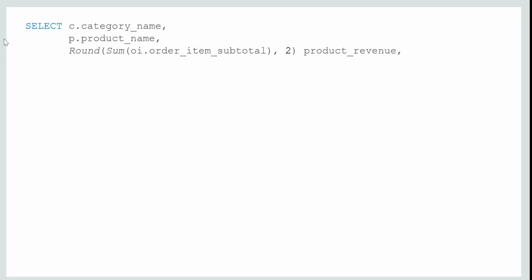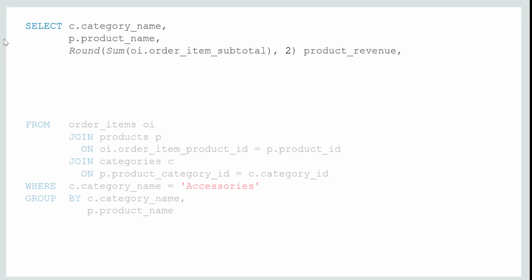For that we have to make a join between 3 tables. We have to join order items, products and categories based on the relevant columns, and then we have to apply a group by operation on top of column category name and product name, and then we will be adding all order_item_subtotal fields for a category and a product.